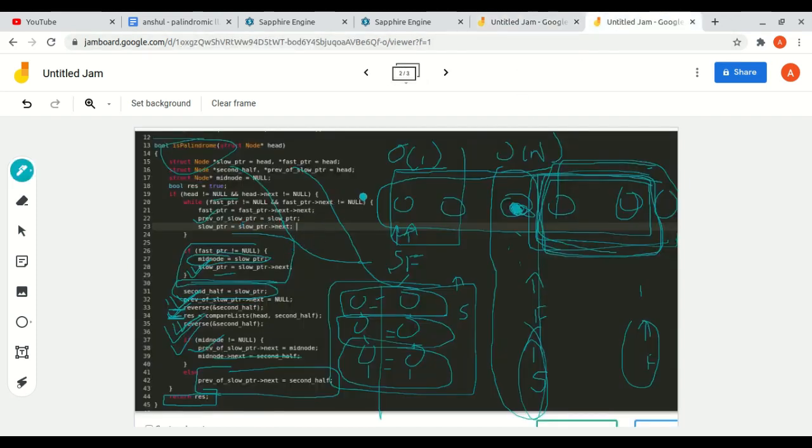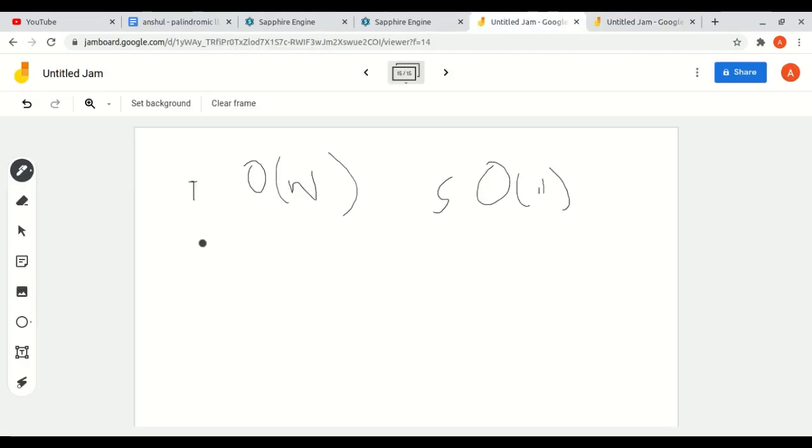Because we have used only one loop to find the mid element, and we have used two other functions, reverse and compare.